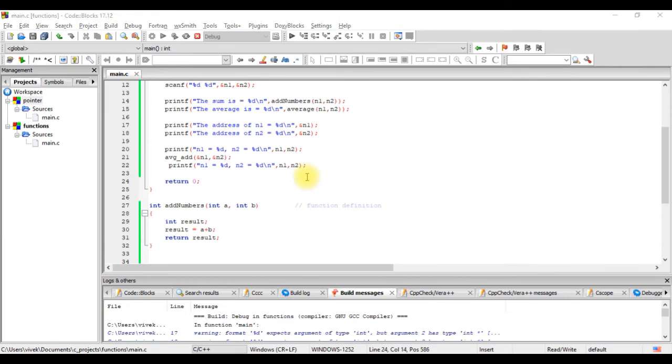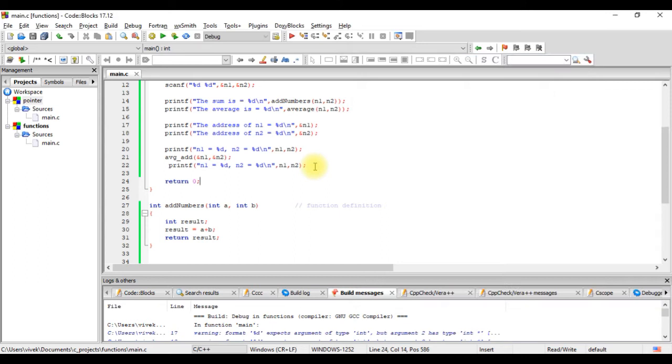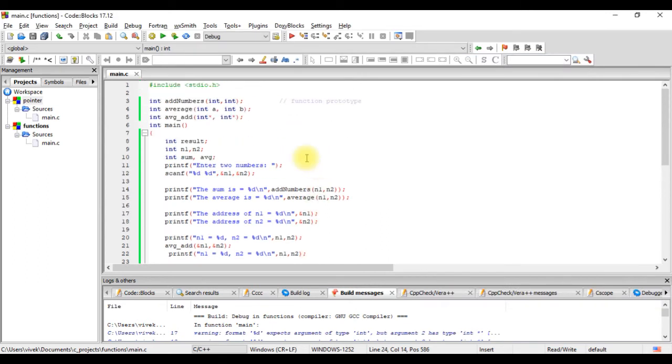So now that we have seen that using the address we can change the value from another function, let's also send the addresses of sum and average.